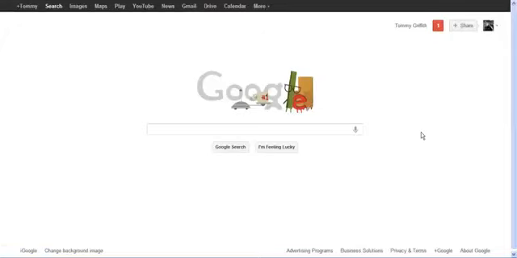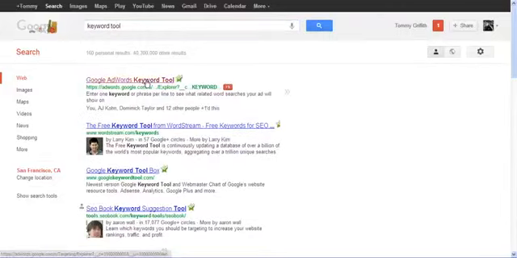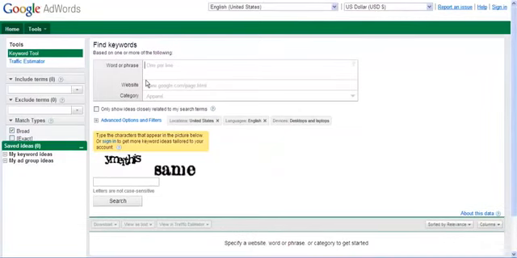Okay, so let's start our keyword research for our app development lead generation site. First things first, we want to use the Google AdWords keyword tool. You can just Google keyword tool and it's usually the first result. This is the de facto tool used for keyword research by the SEO industry. There are a number of other tools you can use, but this is sort of the standard, or at least